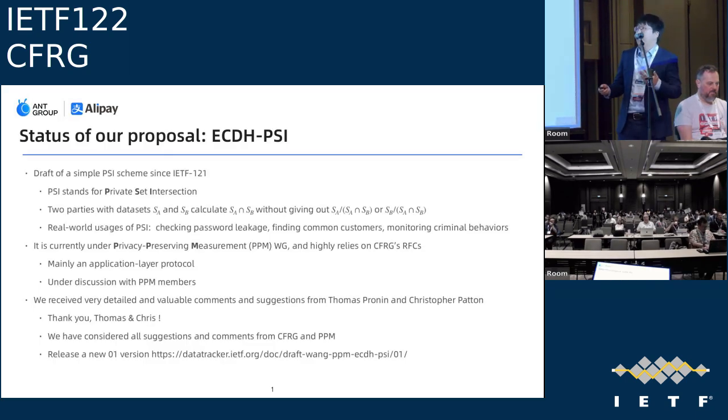First, I want to introduce the status of our proposal. ECDH PSI is a simple PSI scheme that we proposed since IETF 121, where PSI stands for private set intersection. In PSI, two parties with data sets SA and SB can calculate their intersection without giving out the records that are not in the intersection. There are many real-world usages of PSI, such as checking password leakage, finding common customers, and monitoring